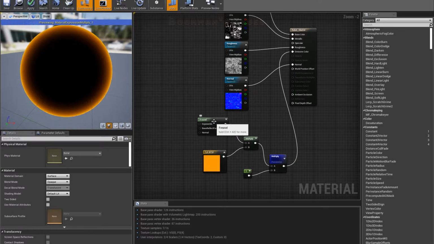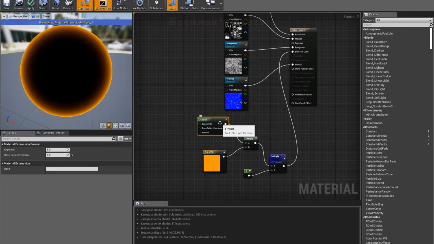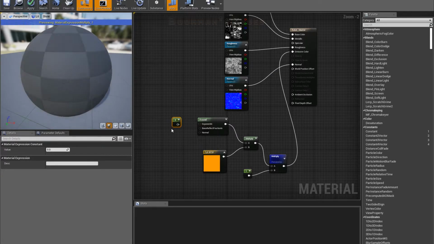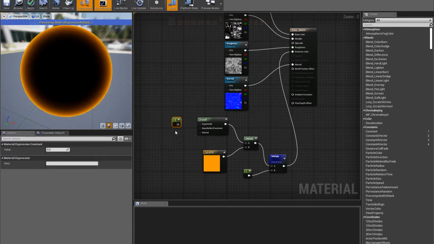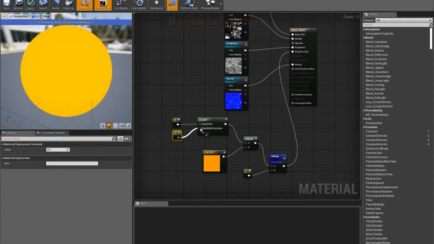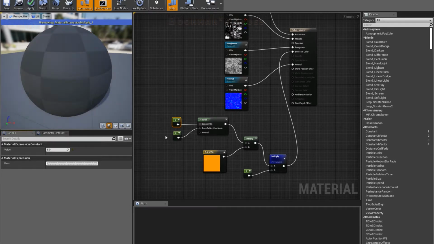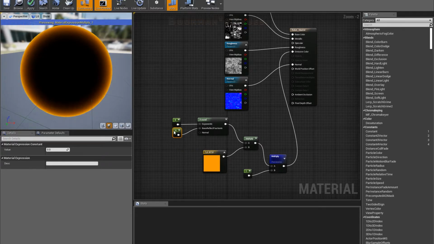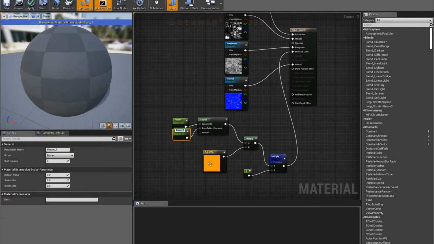Now, say I want to control this Fresnel effect within the material instance, so we're going to create float values that control each of these 2 settings. We're not really going to worry about normal for now. And we're going to give them their default values. The default for that's 5, and we're going to leave that at 0 as the default value because that's my preferred. Just like before, we're going to right click on these, convert to parameter,